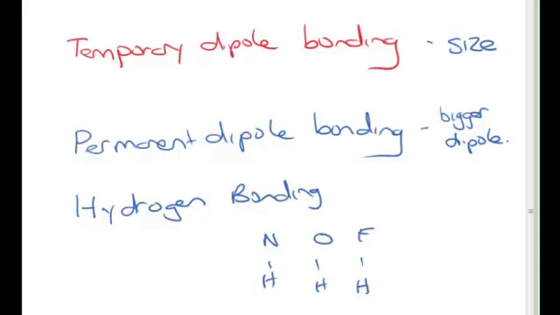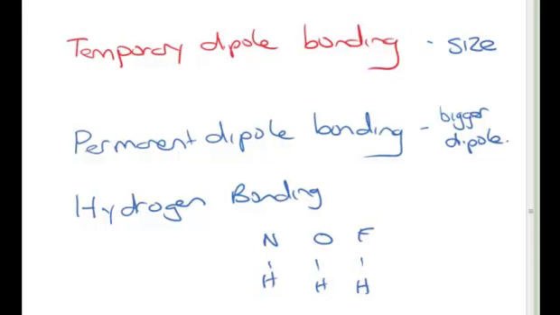And this can, even though we consider it to be a weak bond, be quite strong if the molecule is big enough. So that's one thing we have to consider, the size of the molecule. Now, permanent dipole bonding exists when we have a difference in electronegativity. The bigger the dipole difference, the stronger this bond will be. Now, hydrogen bonding, in some respects, you could consider it just a really big permanent dipole, but it's a little bit special, and it only happens between hydrogen, of course, and nitrogen, hydrogen and oxygen, and hydrogen and fluorine.